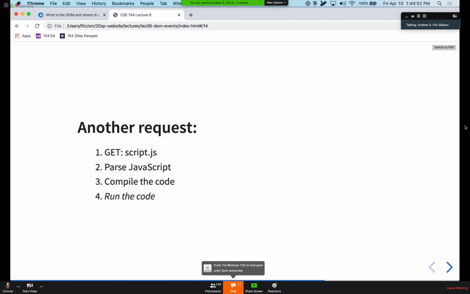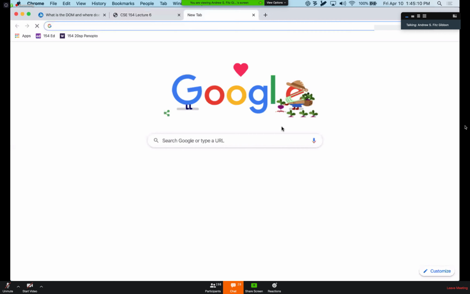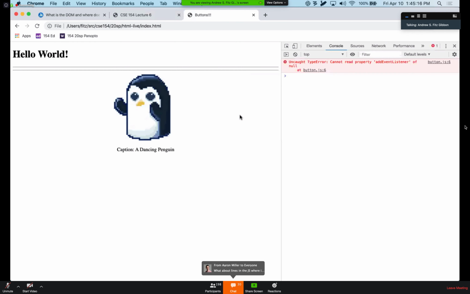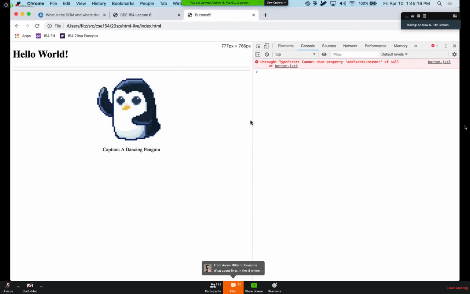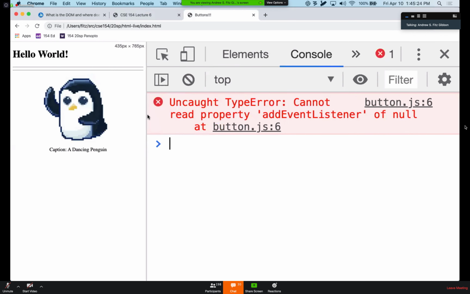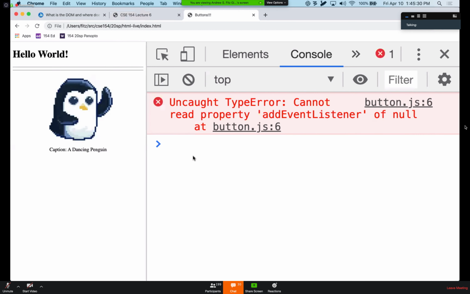And so this is something that's not quite obvious, where at the point the script tag appears, the JavaScript is run. If you remember from Wednesday, this is more or less where we ended, where in the console view we had the cannot read property AddEventListener of null. And so that's happening here